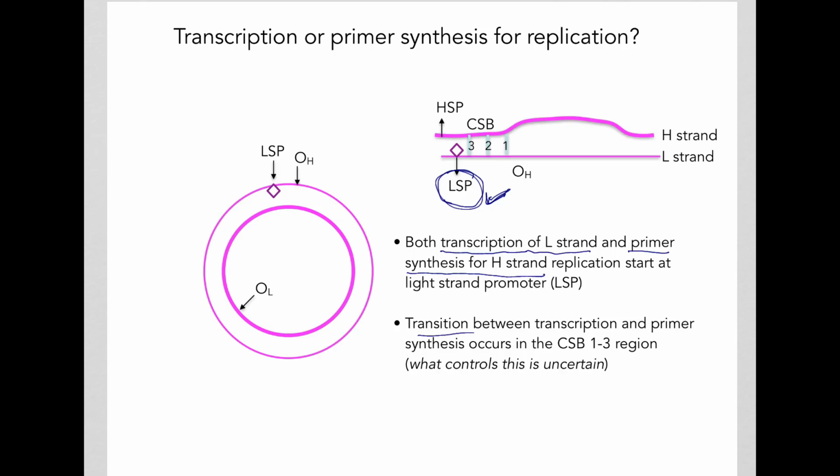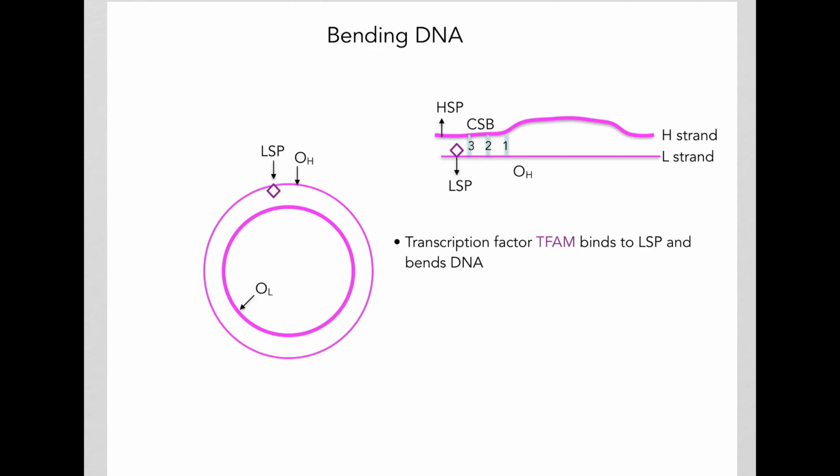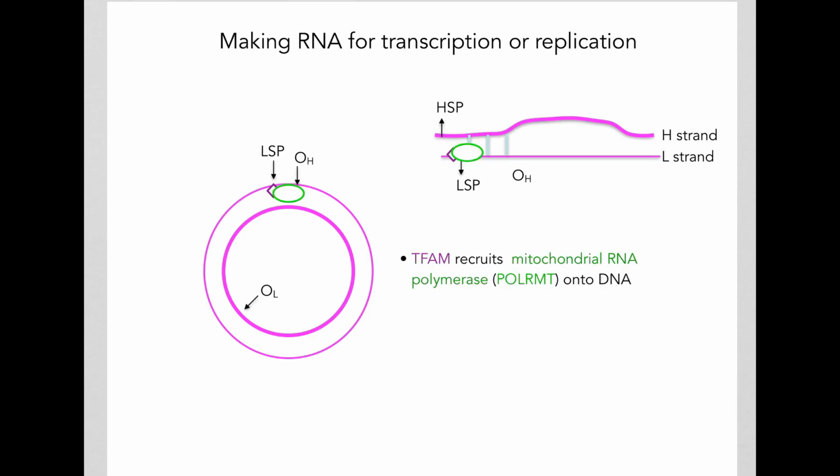Now, this transition between transcription and replication occurs around here, the CSB 1 to 3 region. What exactly controls this? Why does it go through replication, or why does it go through transcription? We don't completely understand. So in an early step, the transcription factor TFAM will bind to the light chain promoter and it will initiate bending of the DNA. The TFAM then will recruit the enzyme mitochondrial RNA polymerase, abbreviated